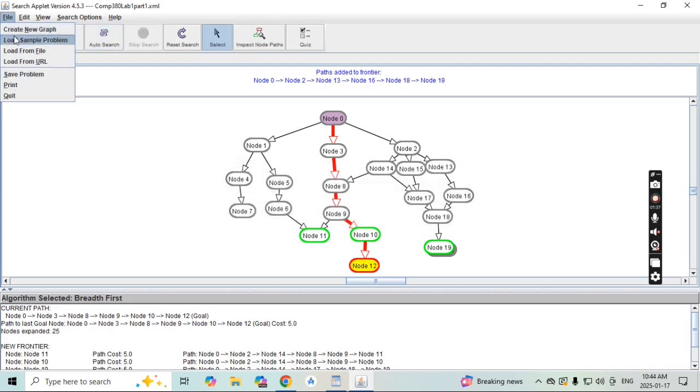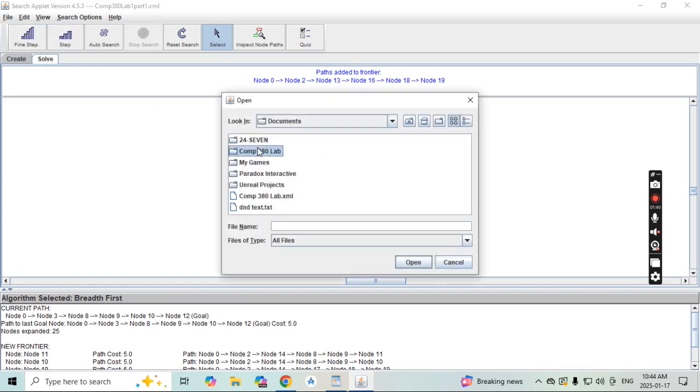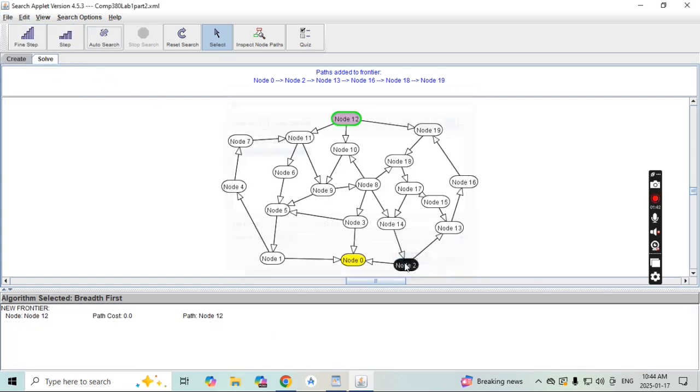And then we're going to switch to the other search tree, and it's going to be a much more complicated looking tree there. It's the same amount of nodes, if I remember correctly, but as you can see, now node 12 is the start node, and node 0 is the goal node, and I've rearranged the nodes quite heavily for this one. And it's got a few different loops you can see in there, and the depth first search is